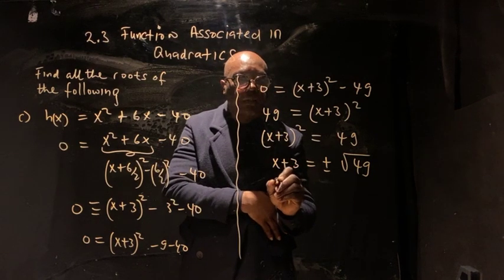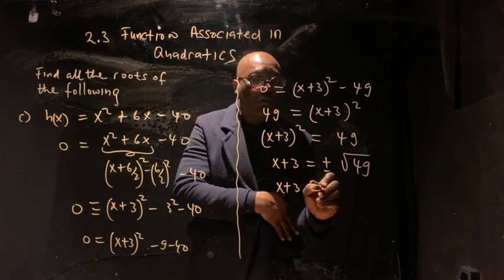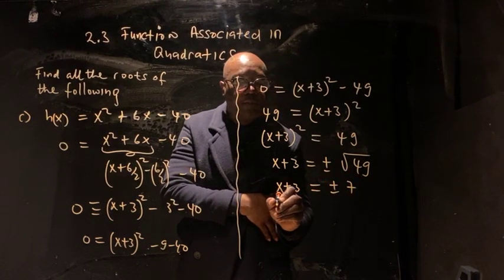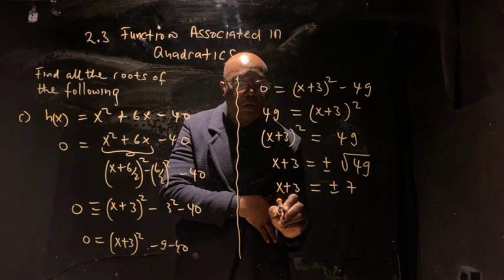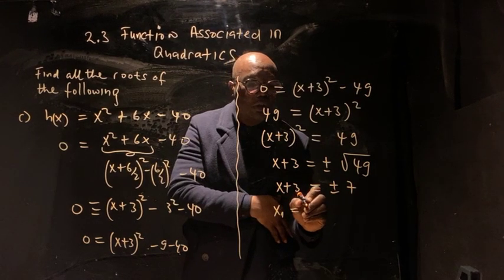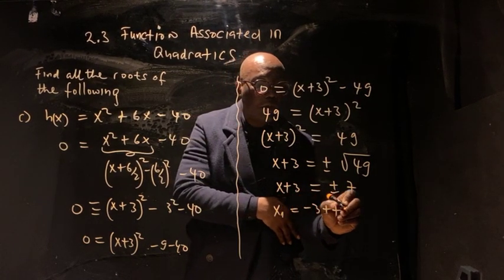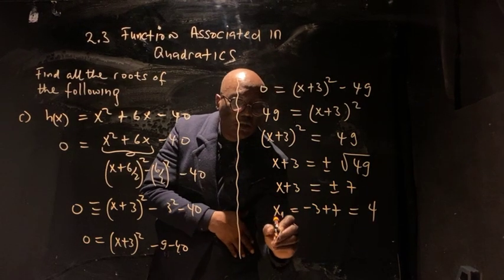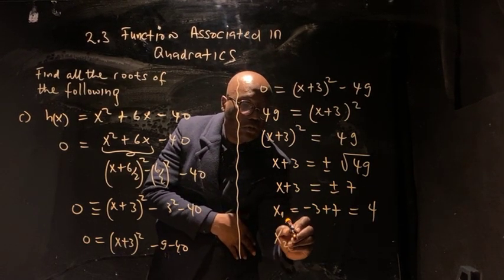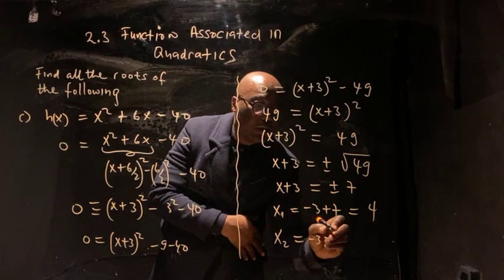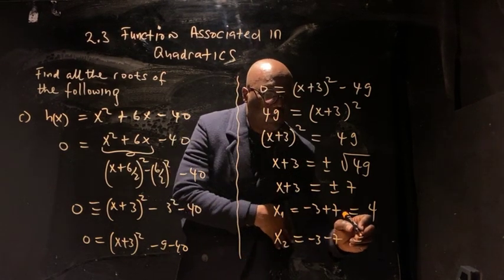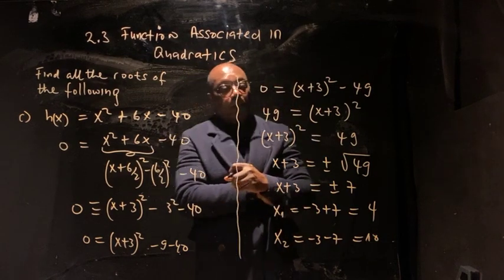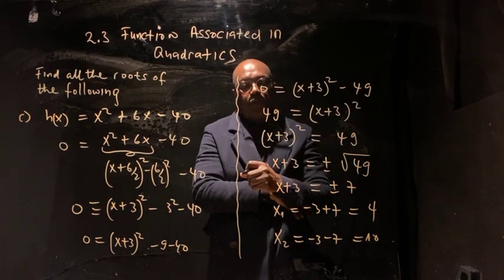In that case, x plus 3 equals plus or minus 7, in which case the first root is x1 equals minus 3 plus 7, which is equal to 4, and the second root is x2 equals minus 3 minus 7, which is no different from minus 10. Therefore, the two roots of x are 4